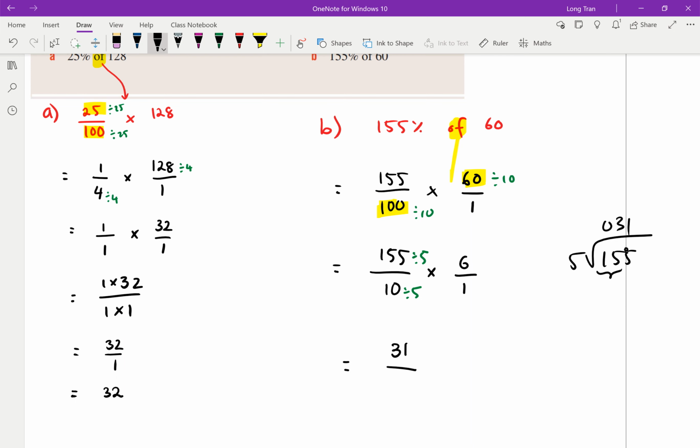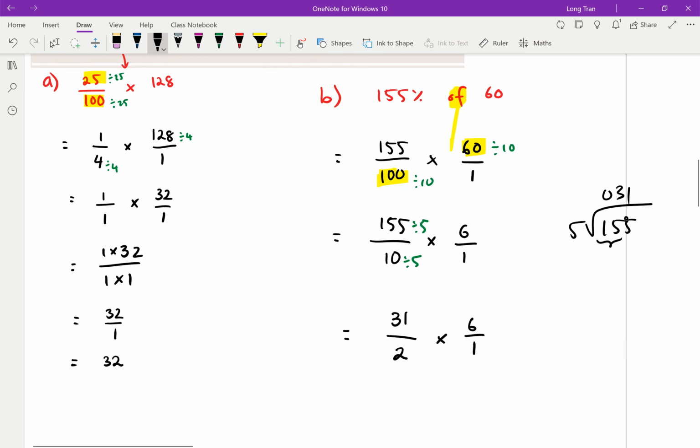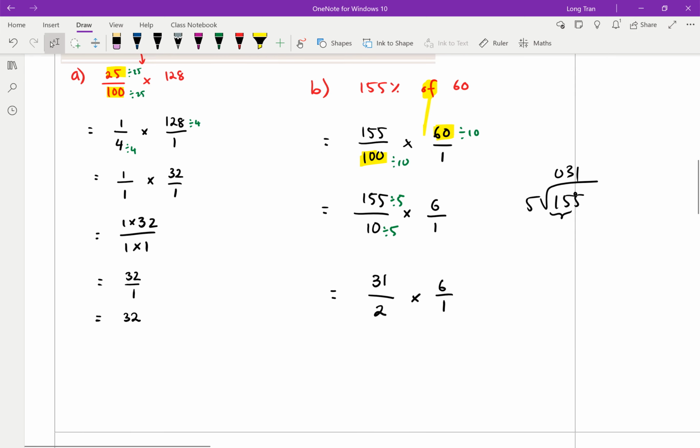31 over 2 multiplied by 6 over 1. Any more common factors? 6 and 2. Very good. Common factor? 2. Very good. So this now gives me 31 over 1 multiplied by 3 over 1. It's 31 times 3 over 1 times